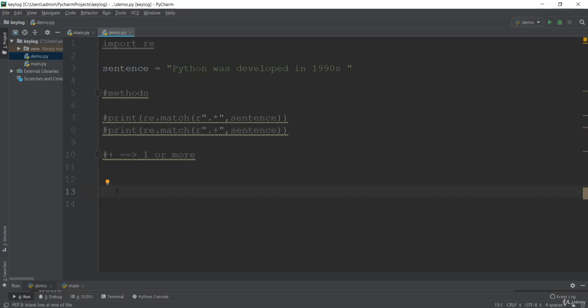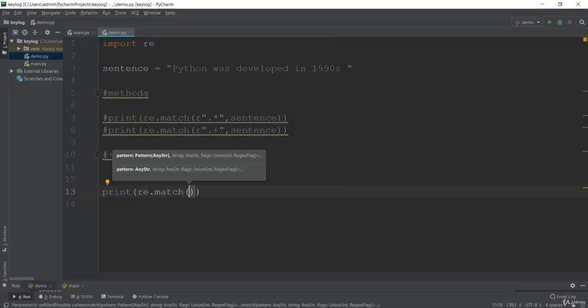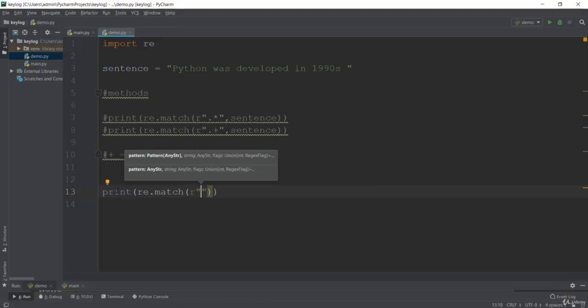Let me just comment this out, and now let's learn another pattern. I want to print the next pattern over here. It should be called with this match method, and as always the first argument to this match method will be your pattern, which starts with this r and the double quote. Now if I have to make a sequence, then I have to make use of this square bracket. If I want to use this sequence, the same thing like A to Z and a to z. I'm making a pattern saying that there can be lowercase, there can be uppercase. That should be included inside this square bracket.